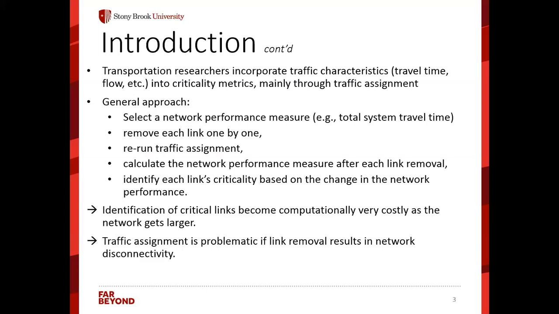Transportation networks are generally very highly connected, but if a link removal results in an OD being disconnected, then you cannot run traffic assignment, and these metrics do not give you any result. Then, as we will see later, case-specific metrics are introduced just for cases where there's network disconnectivity. But then you have two kinds of metrics that you cannot really compare: the ones that work when there is no disconnectivity, and the one only for the case of disconnectivity. Then how do you compare those scores?